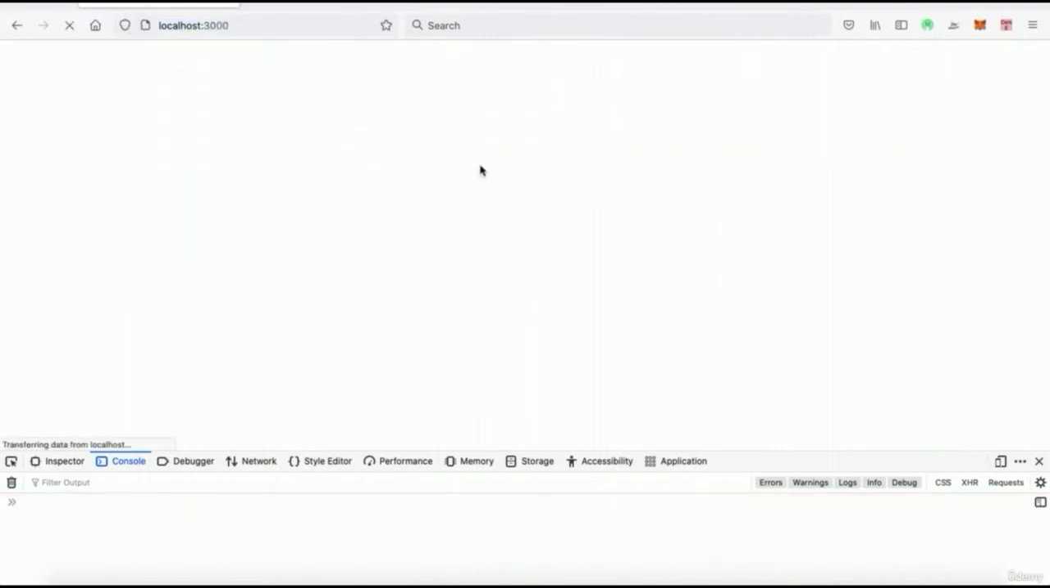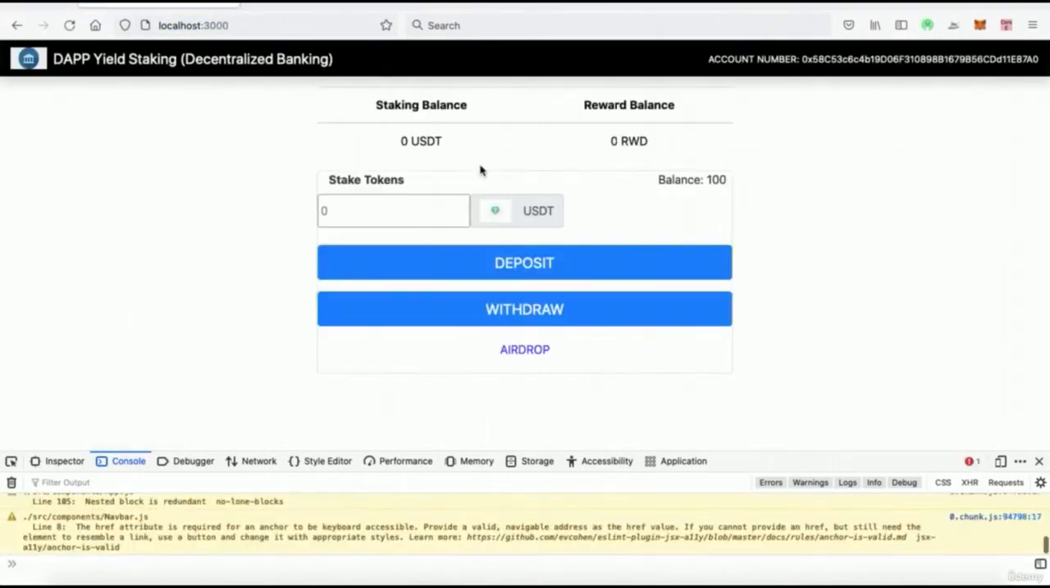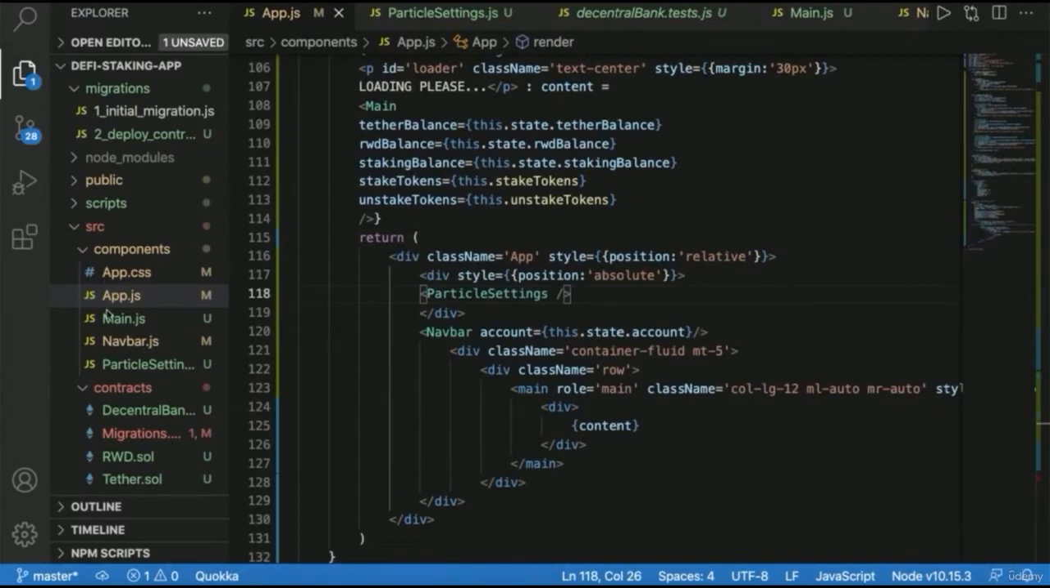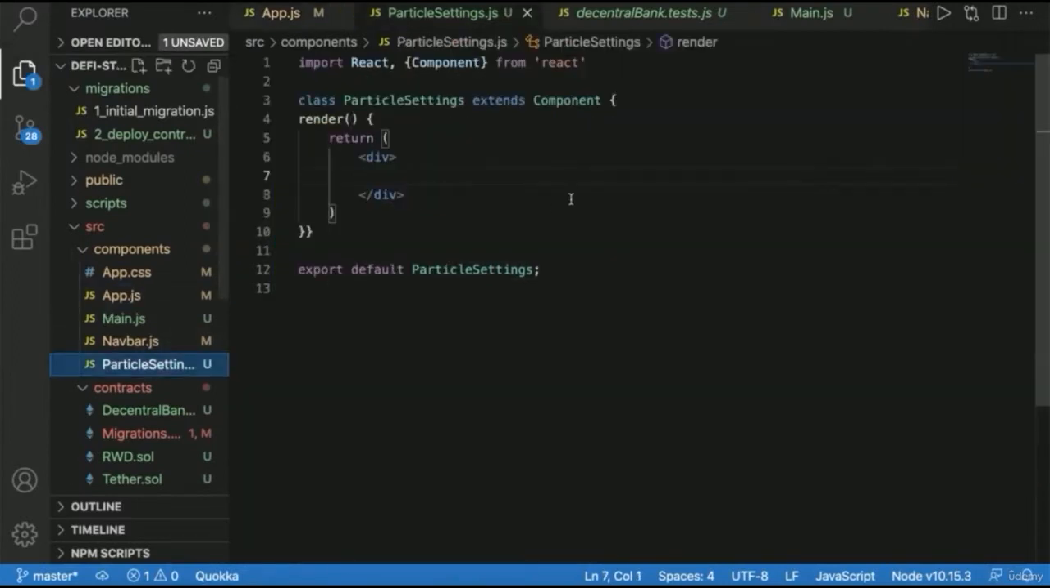Hello. This is why I have to refresh. Okay, everything's good. And let's go back to particle settings. And now we're going to also import